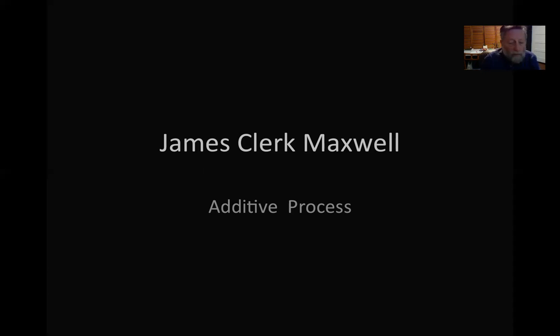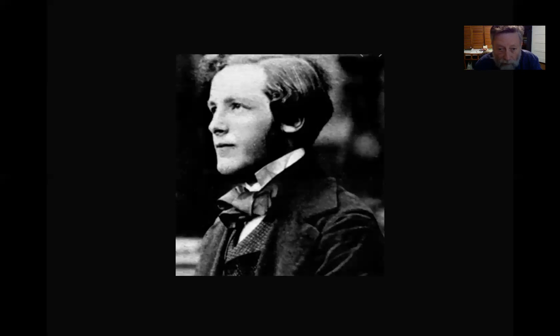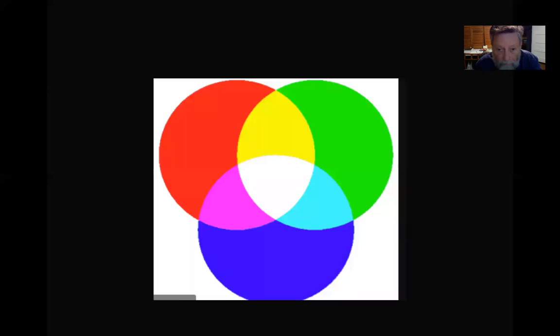When he went off to school, he was kind of poor, and his clothes weren't very stylish. He also had an accent like he was from the country, like a local yokel. But he was brilliant beyond measure. This is James Clerk Maxwell as a young man. And he used additive light to create a photograph. And what he did is he photographed this